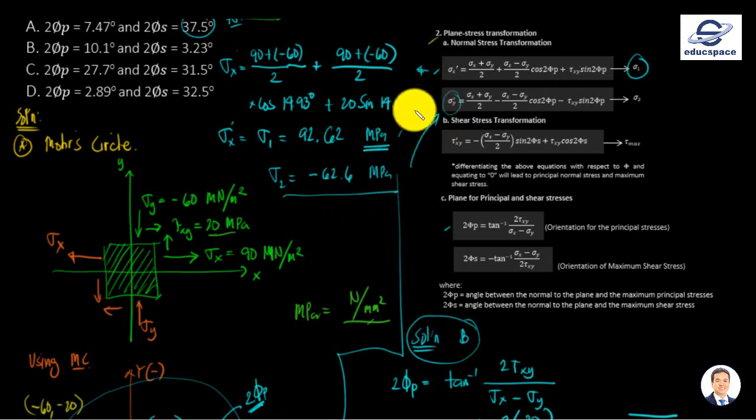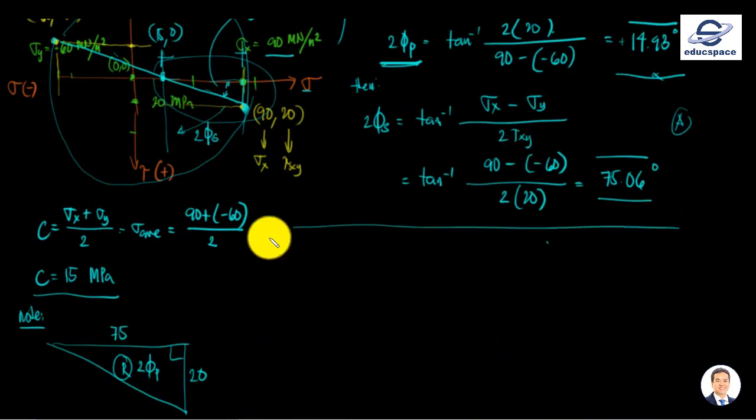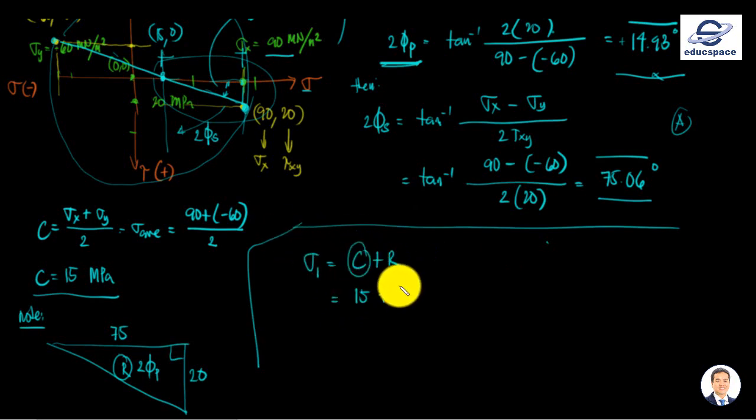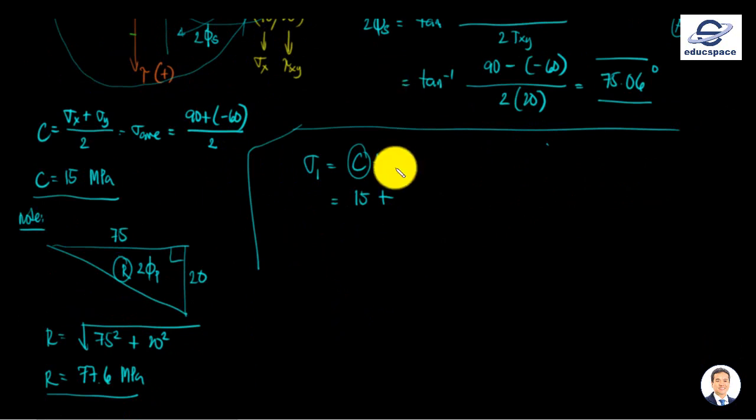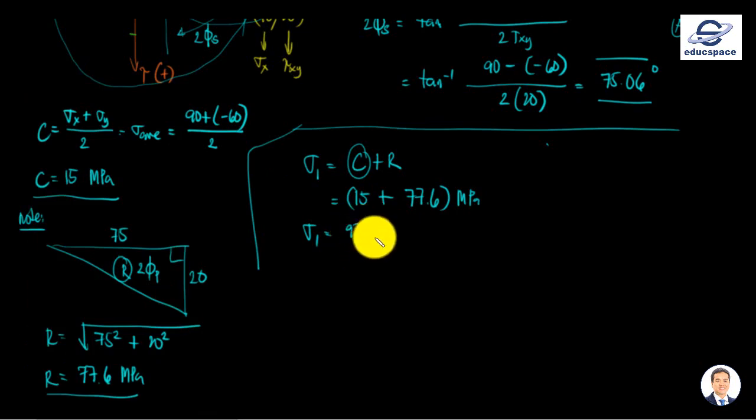Okay, this one and this one. Now, remember kanina, or yun sa previous problems natin, para makuha natin yung ating maximum principal stress using the Mohr circle is we have the C plus the R. Okay, that is the center. In this case, we have 15. And then yung pinaka-radius natin as calculated is 77.6 megapascal. So therefore, we have 15 plus 77.6 equal sign. We have 92.6